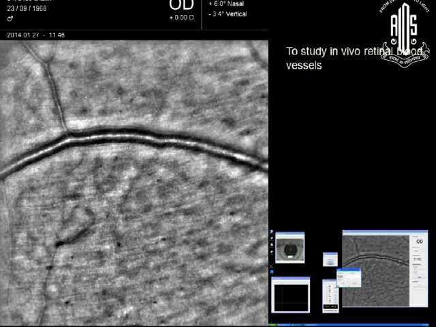This is the blood vessel. To focus on the blood vessel, you have to move your focus anteriorly. This thing here, which you see as a shadow along the blood vessel, is normal. But this is the wall and this is the lumen. Of course, with OCT angiography, now you don't have to inject the dye and you can study the blood vessels, but I'm not talking about that so far.